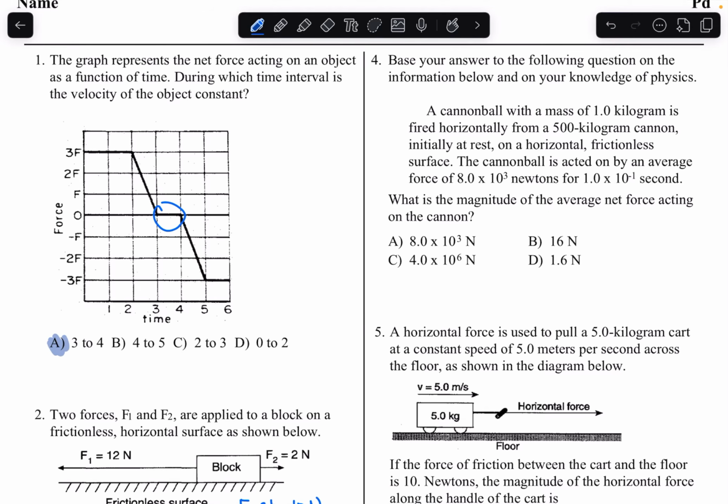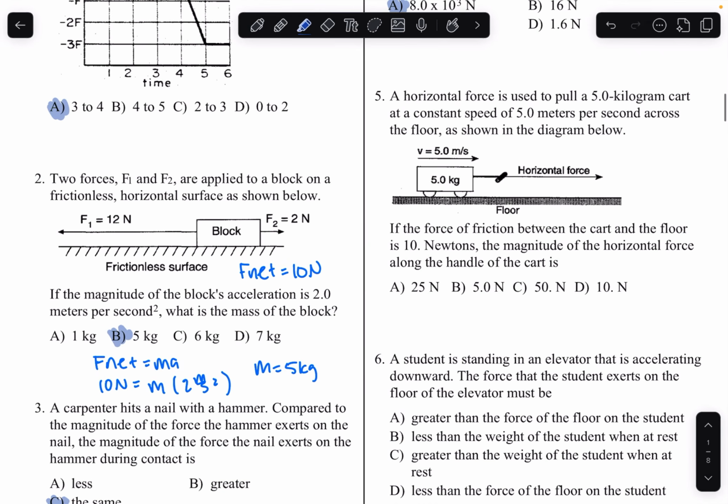It's super easy. It's just saying that there's a force of 8 times 10 to the third newtons, and that's the answer. Number 5. A horizontal force is used to pull a 5 kilogram cart at a constant speed of